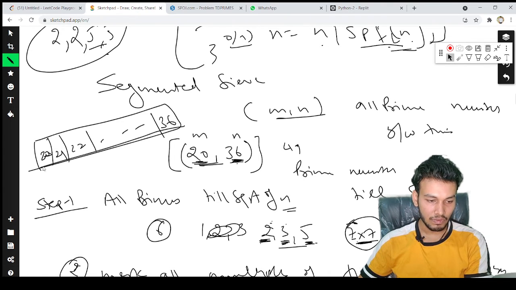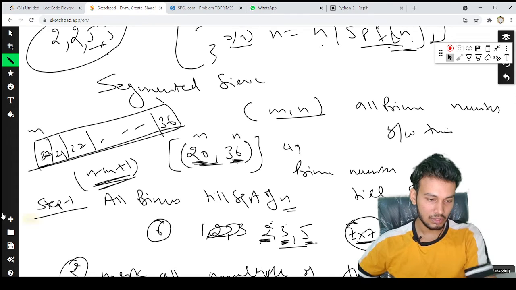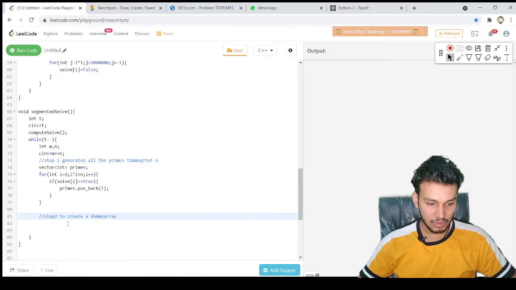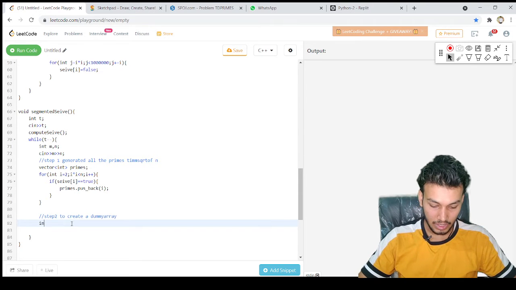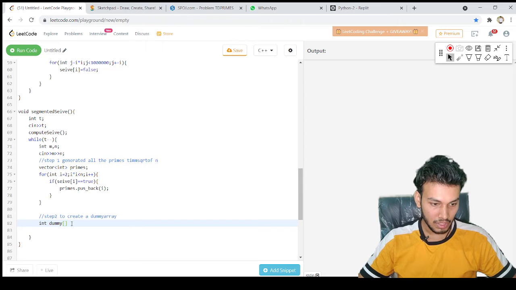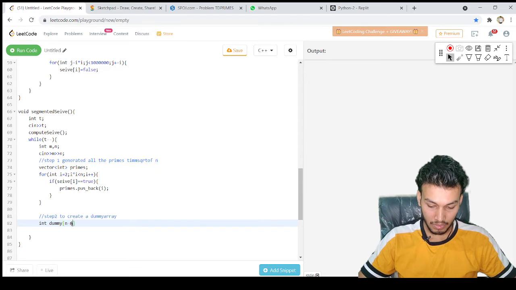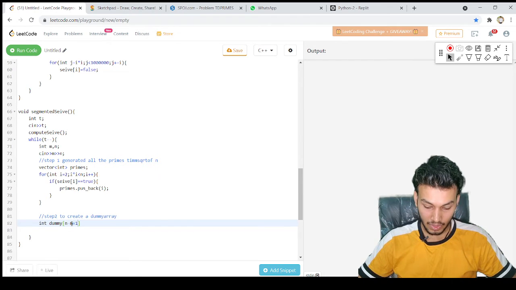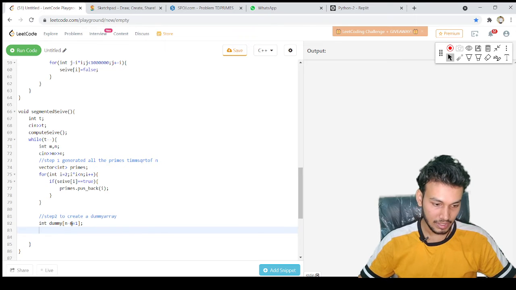And what will be the size of this dummy array? If this is m, this is n, it will be n minus m plus 1, right? So I'll say int dummy, and the size of dummy will be n minus m plus 1. Okay, so a dummy array is created.